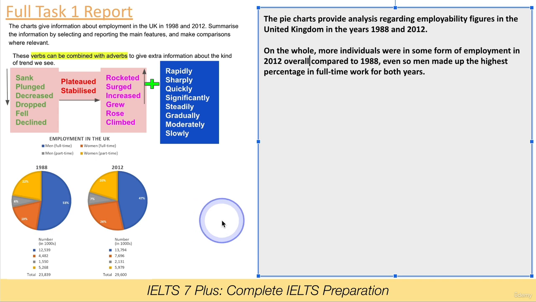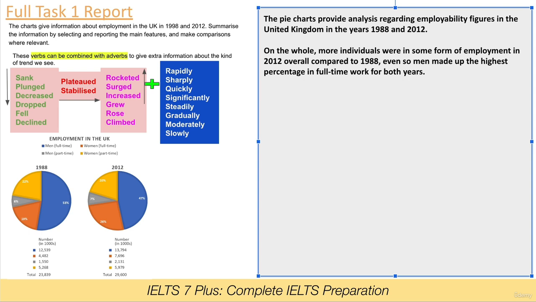Overall compared to 1988. Even so, men made up the highest percentage in full-time work for both years. Okay, I think that's good. We've just gone back and tweaked that a little bit. Brilliant. So now we can have a look at our